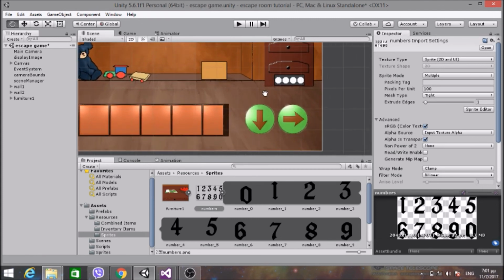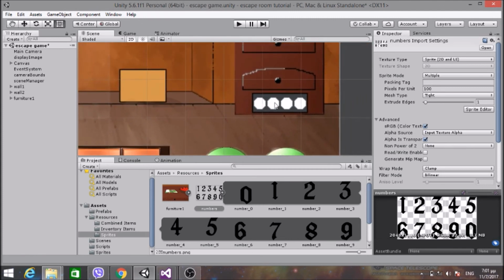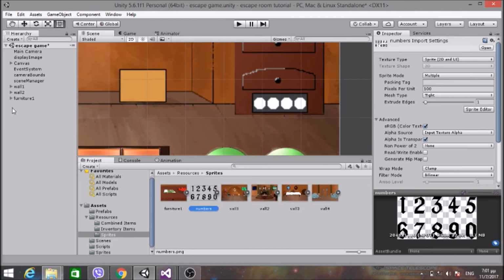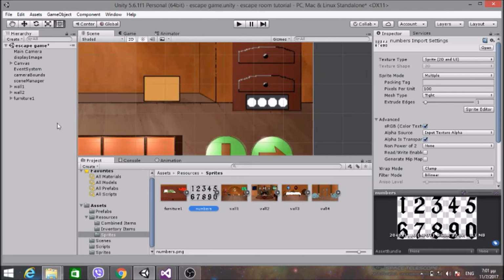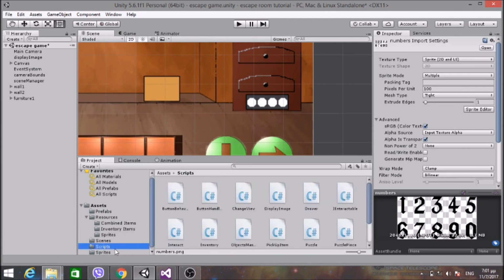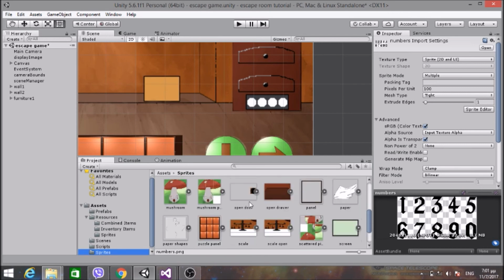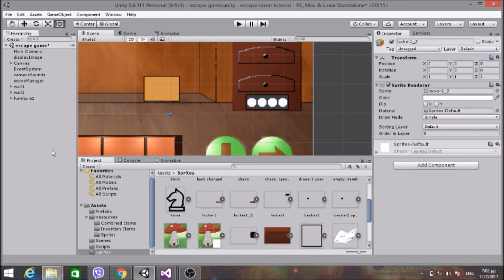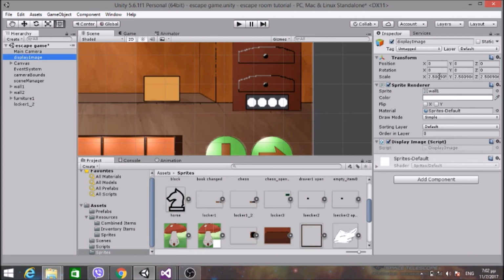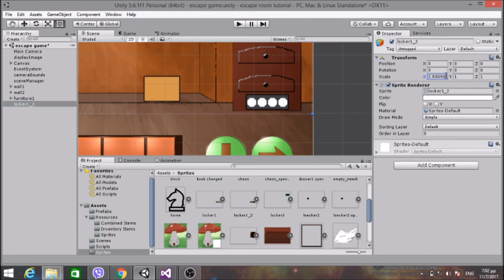With these numbers I'm going to play with this locker here. I'm going to have numbers that display a password and be able to unlock. So the effect that I want is this: if I go to my sprites and put this locker1 underscore 2, which I've named, in the scene with a position of 0,0,0, and give it the size of my display image, you'll see that